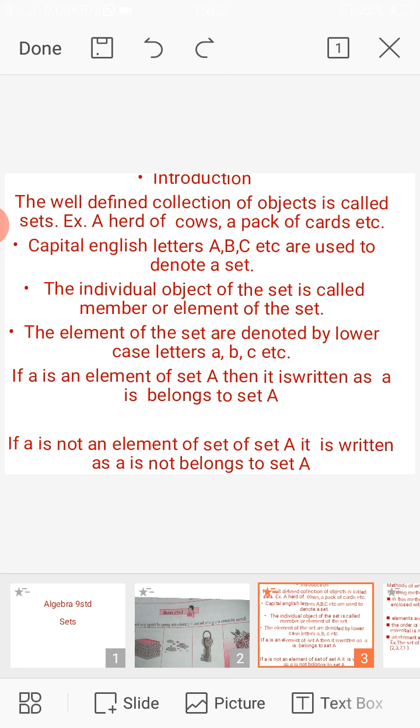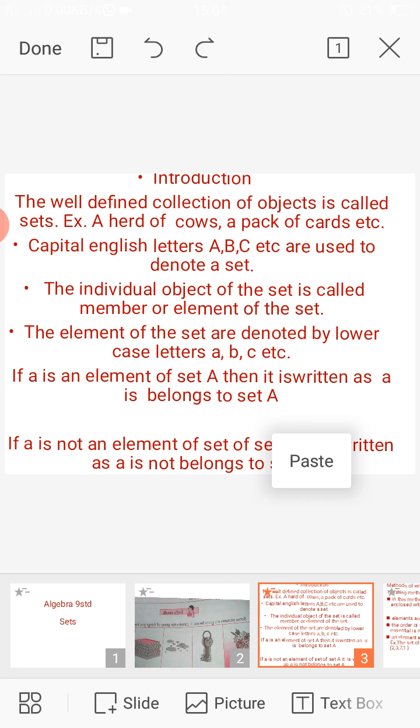To denote a set, capital English letters A, B, C are used. The individual object of the set is called a member or element of the set. The elements of the set are denoted by lowercase letters a, b, c.